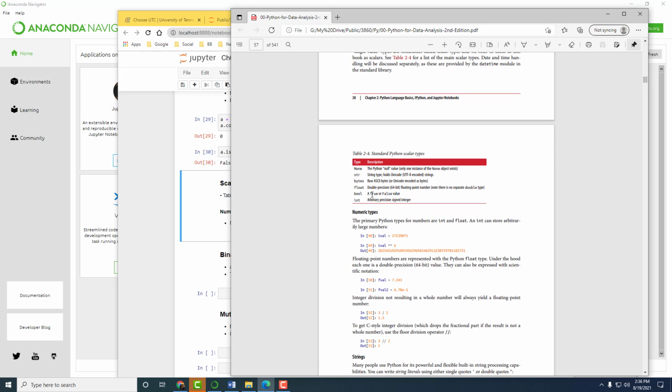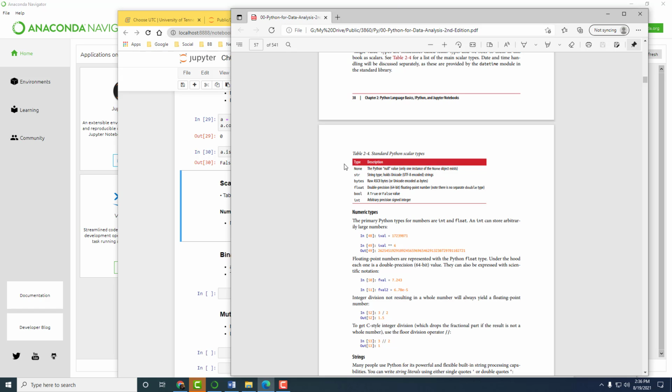Okay, so there it is. Scalar means it's not an array, it's just a single value. So scalar can be of the type None, which means there is nothing in the object.